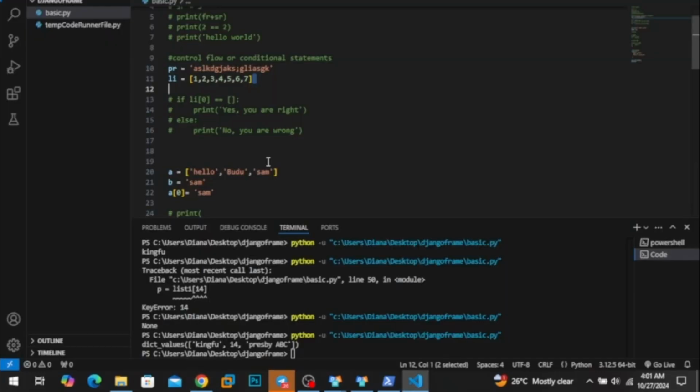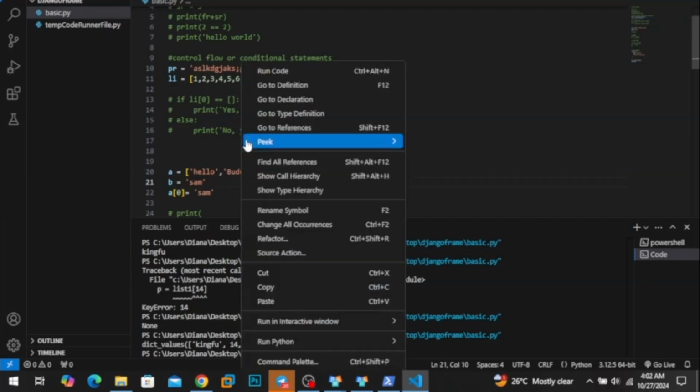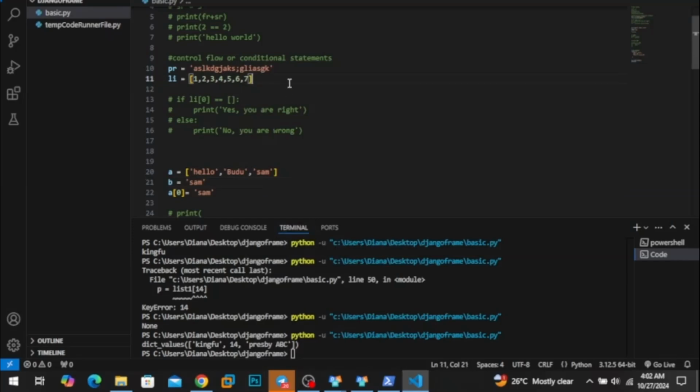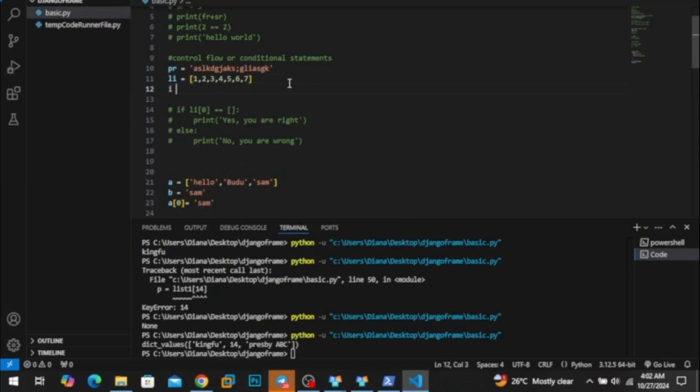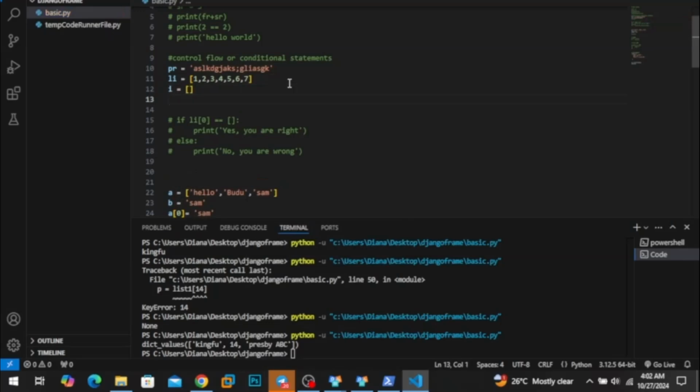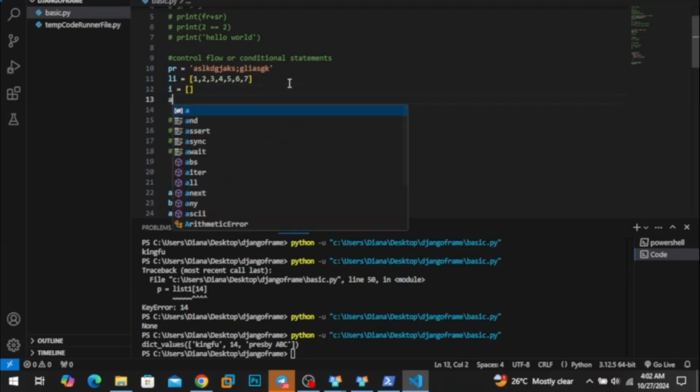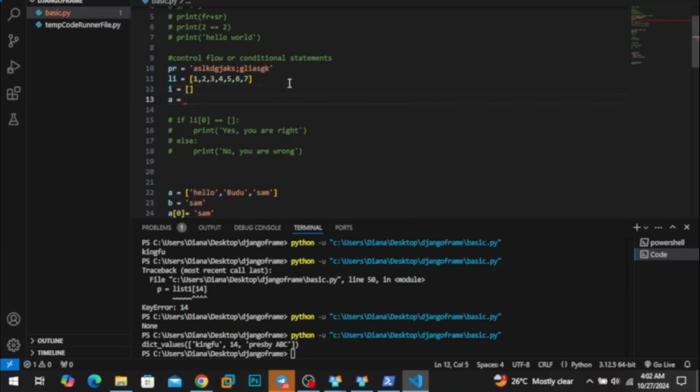But in tuples we can't. So if we assign i equals a list like this, and then say a is equal to hello like this,